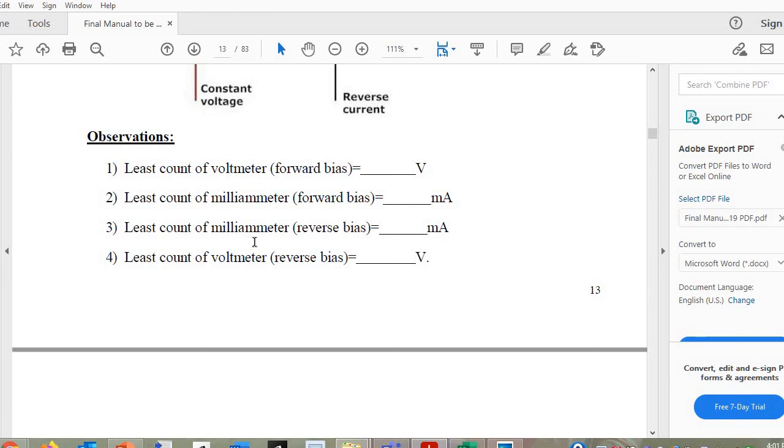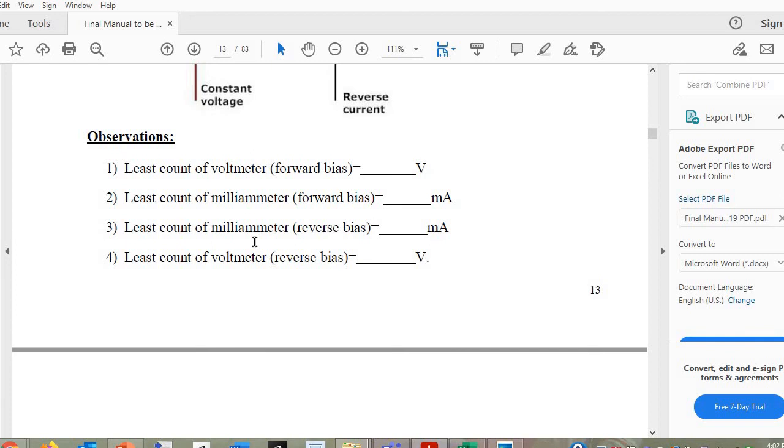If you can get a hard copy of this PDF, if you can take a printout, that will be very useful, because if the lockdown gets over and you come to the college in person, then at the time of submission you have to give the hard format to the teacher, and that is applicable for every course that has practicals. So have the hard copy of the manual, and that will be more convenient for you as well as for teachers.